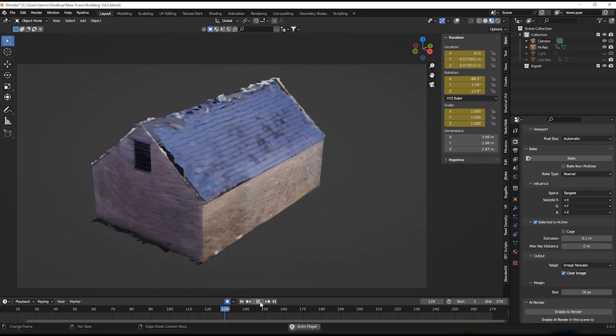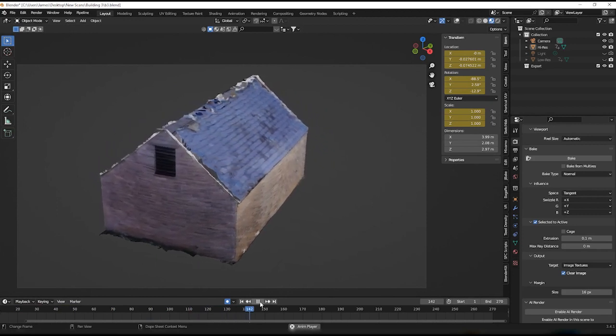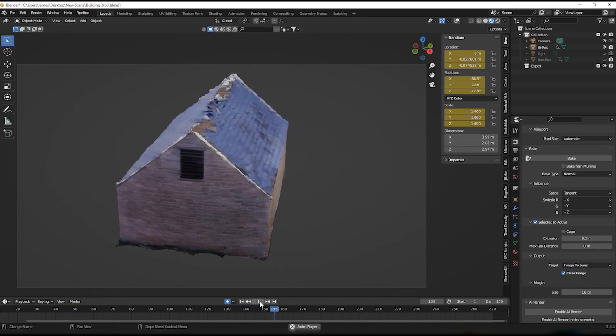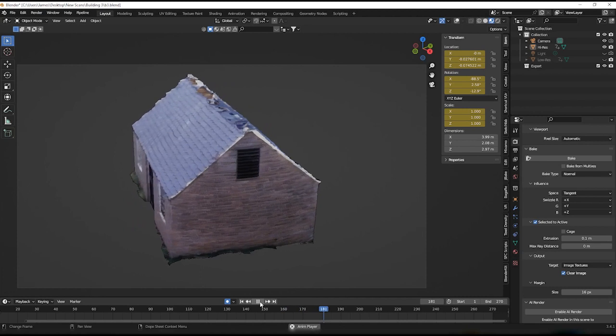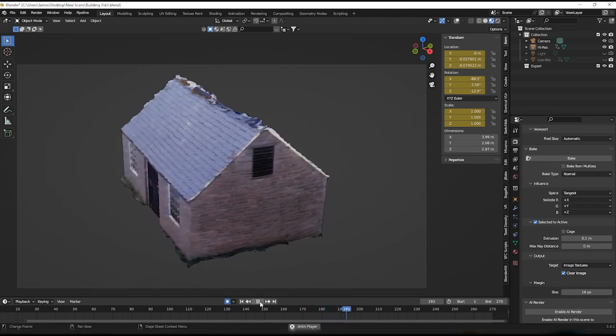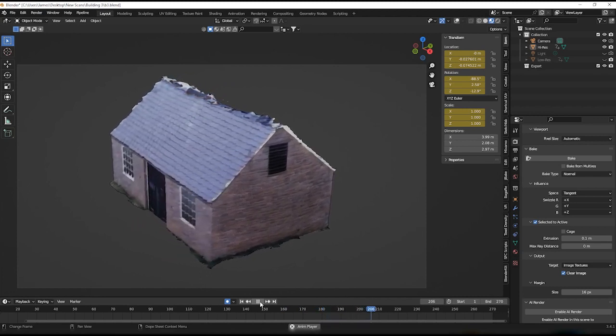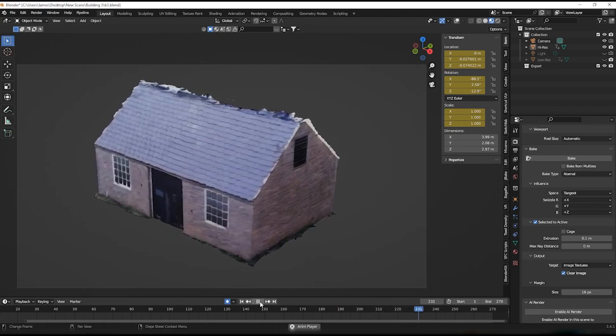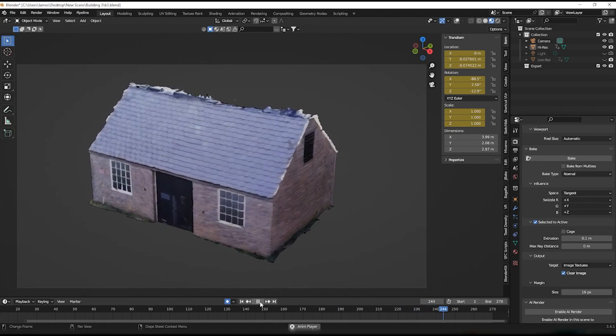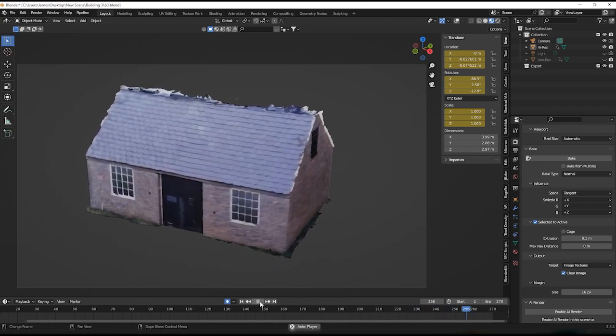Ensure that you have cleaned up your model before you begin. Remove any of the mesh that you don't want included within your final model. Don't worry if this means that the model will have holes in it. We can address those issues later on our optimized low poly model. Now that we have our high-res model in place, let's make a start in converting it over to a low